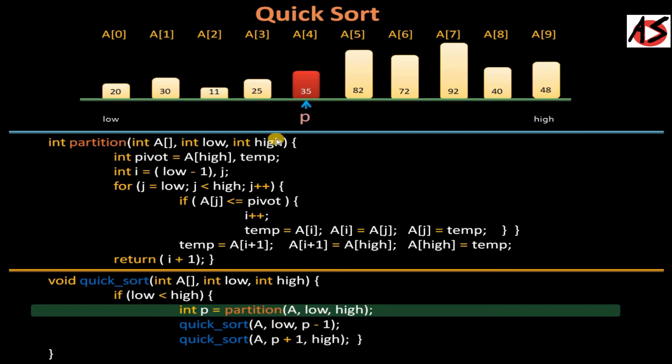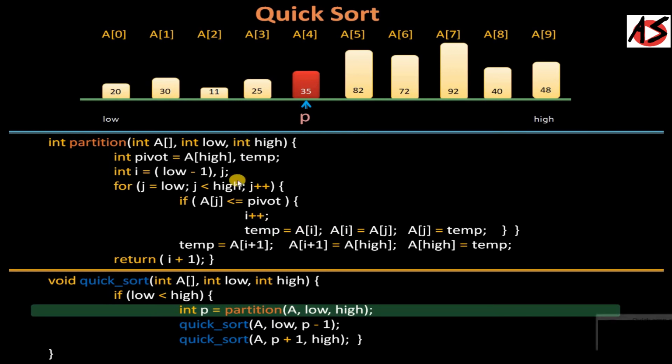So ultimately what we are doing here is dividing our problem into smaller subproblems. Then again using recursive calls, we are solving the smaller subproblems in the same way. So in this kind of technique, we are dividing the problem into subproblems, and then we are conquering the subproblems, and we are solving the entire problem. So this kind of method is known as the divide and conquer method. So quicksort is nothing but in the category of divide and conquer algorithms.